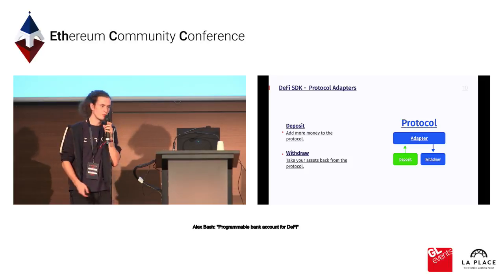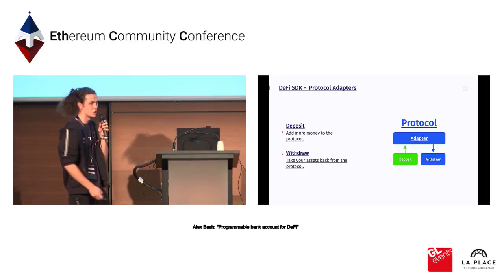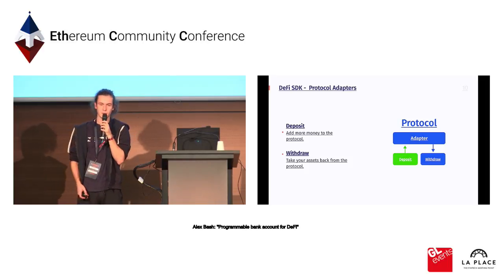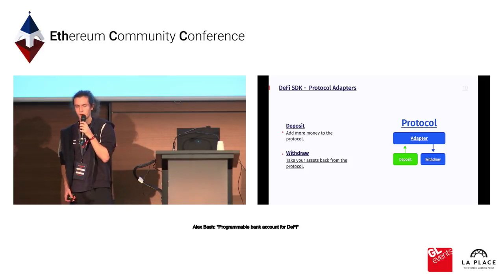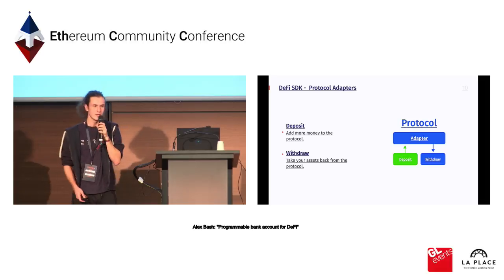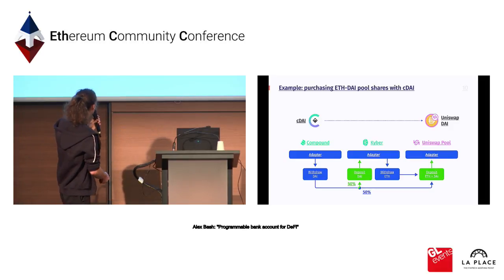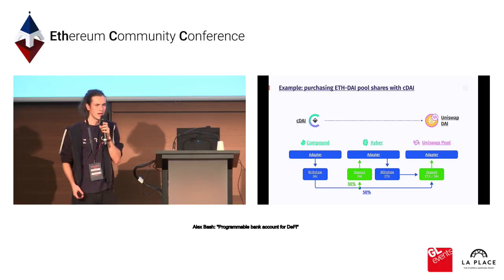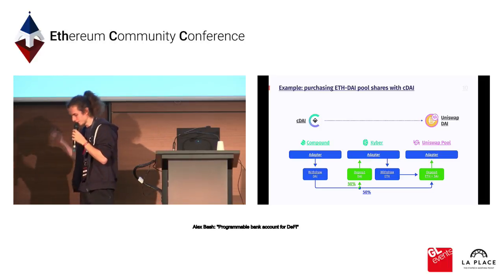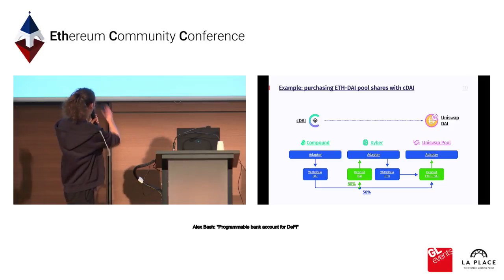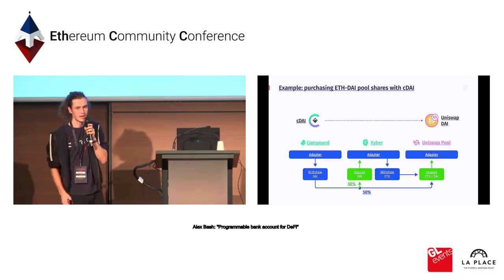We've done that already for 10 major protocols, including the ones that I already mentioned, and including some of the new ones, such as Curve Finance and some others, which basically allows us to show a more accurate portfolio. And then in terms of interactions, another cool thing that is enabled with such an approach is that we can create customizable chains of actions.